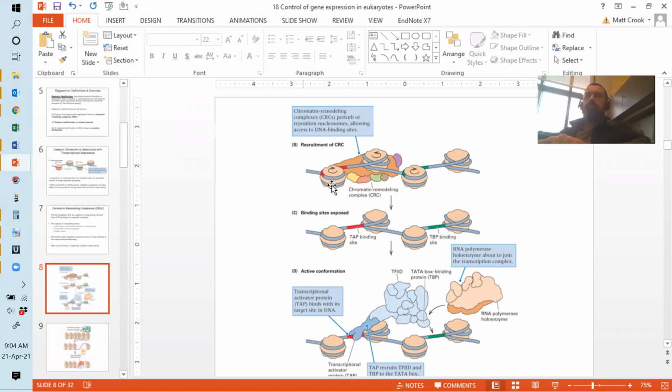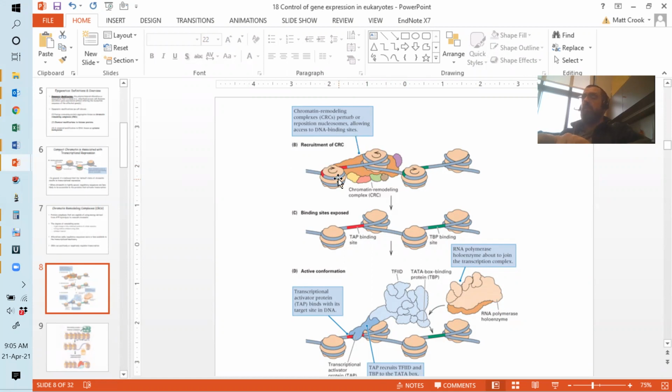But my guess would be that those remodeling complexes recognize certain modifications on those histones, so essentially it's a kind of cue. That's an educated guess, because in a sense it can't be DNA specific. So anyway,